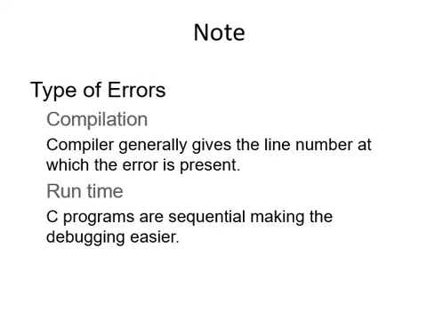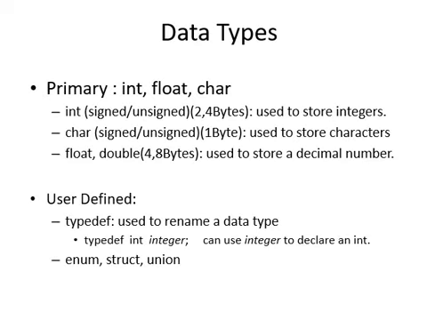And then the types of errors that we have are compilation errors and runtime errors. The compiler generally gives the line number at which the error is present, and C programs are sequential, making debugging easier. So the data types that we have,